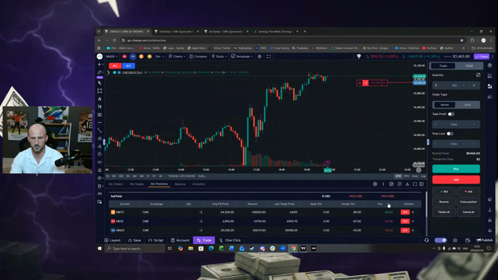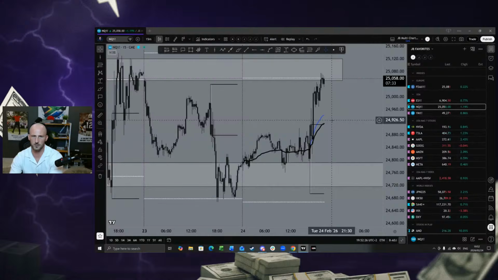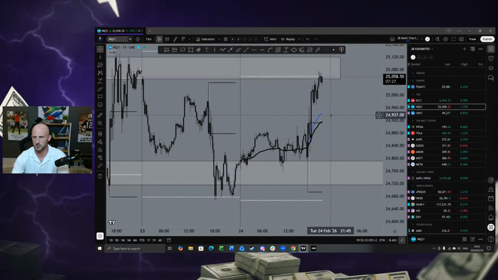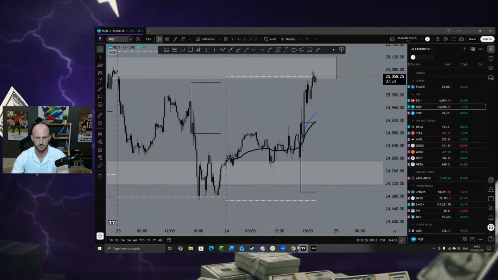So I'm actually up on that Bitcoin trade. I might just close that out for a win, and then I'm up 555 now, and I'm only down 170 on these index shorts. So I might just hold this for a little bit past the stream and see if we want to hold this level here. Personally, I'll just keep ticking over, adding to my winning positions. But we are seeing a little bit of slowness on them, so I don't want to close out these index trades here at the highs.